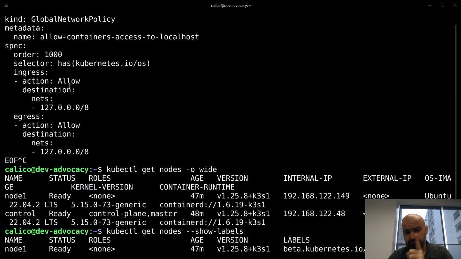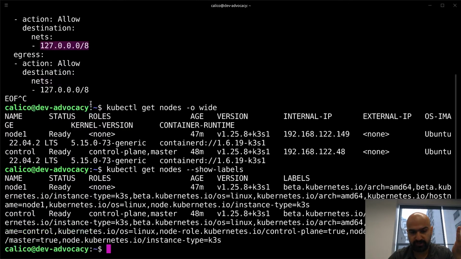Now, what I want to do is specifically allow both incoming and outgoing for that traffic to my localhost IP addresses. What are localhost IP addresses? Well, localhost IP addresses are